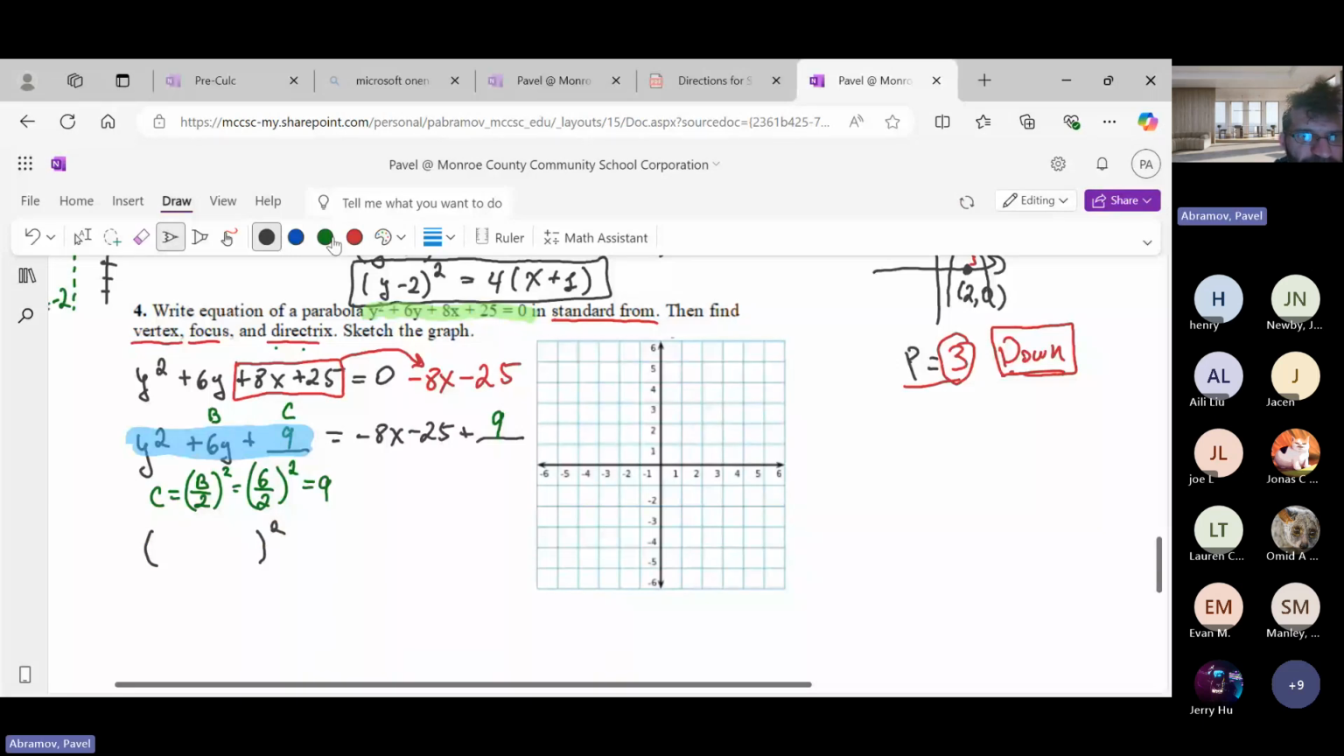So we take the square root of the first term, which is y squared, so it becomes y. Then we use whatever sign we have in the middle, which is a plus. And we take the square root of the last term, so the square root of 9, which becomes 3. So we have y plus 3 squared